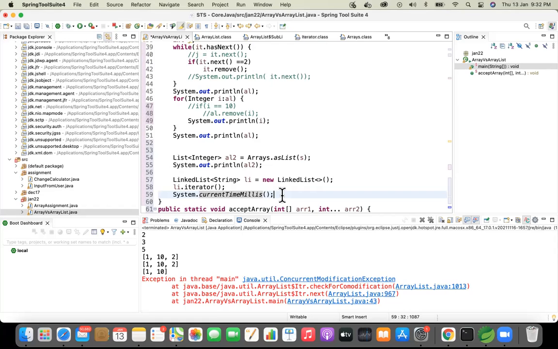For everything, which one do we need to choose and what is the time taken for each one in each collection framework. This will help you to understand the time complexity, and you can create a chart that will be helpful for any collections program when you're trying to write. You can just go ahead and see, okay, this is my time complexity if I'm going with a map, and as per my scenario, can I go with that or not? So it will be very easy. I just want you to practice this using array list and linked list, and find the time difference. What is the duration it is taking?